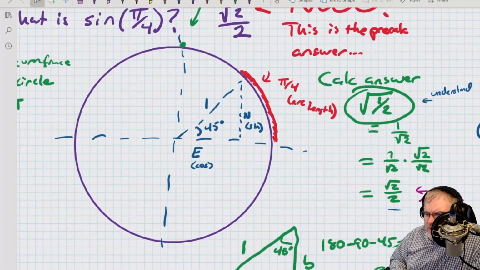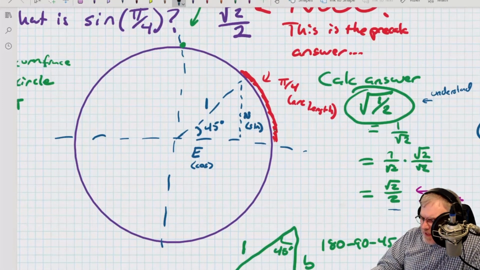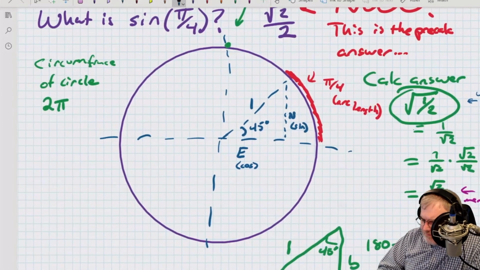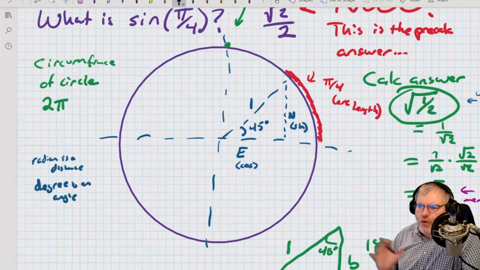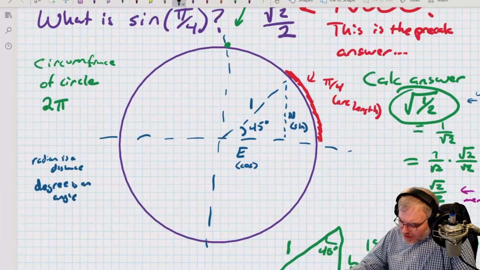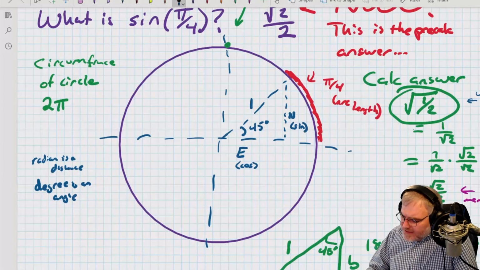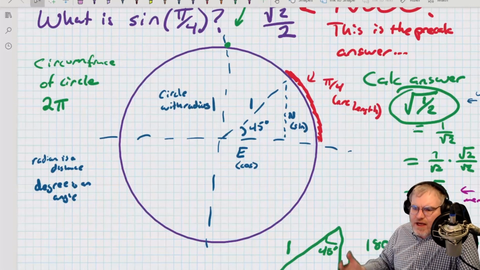Now, remember, I don't know who your pre-calc instructor was, but a radian is actually a distance, while a degree is an angle. Now, they're equivalent. I can sub one for the other, but when I'm thinking about radians, I'm actually thinking about the length of this arc, right? Because if this is a circle of radius 1,